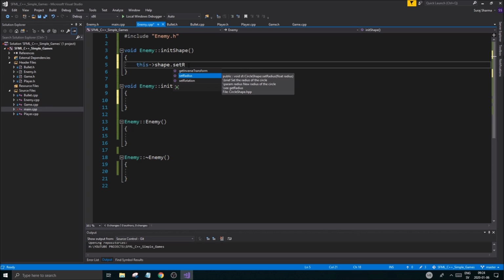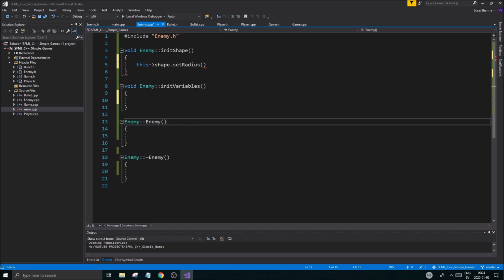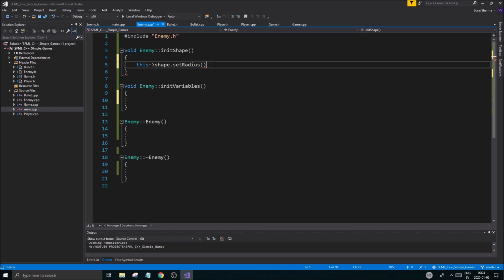This shape.setRadius. Now, if we were creating this directly in the constructor, we could give it those two numbers directly in there. But since I'm not doing that, I'm gonna do it manually here. So I'm gonna set the radius to rand, anything between,